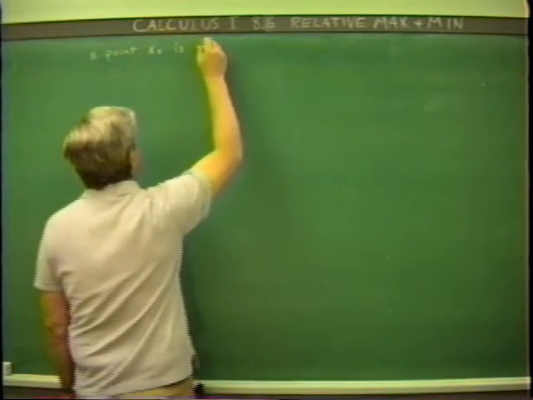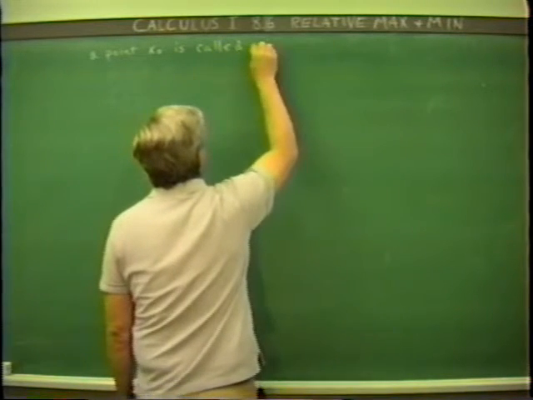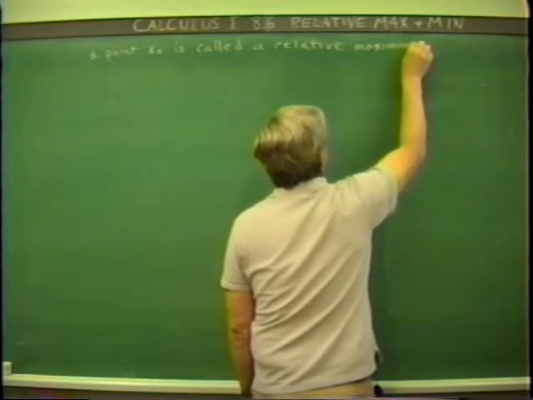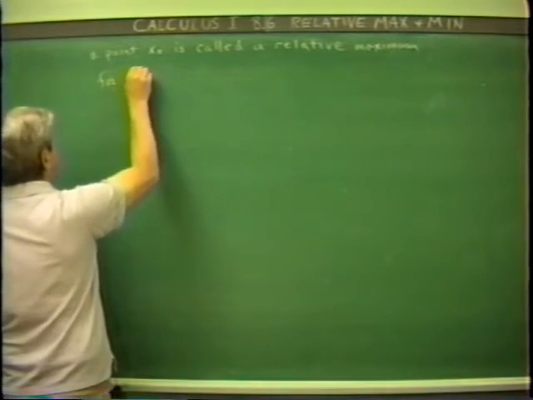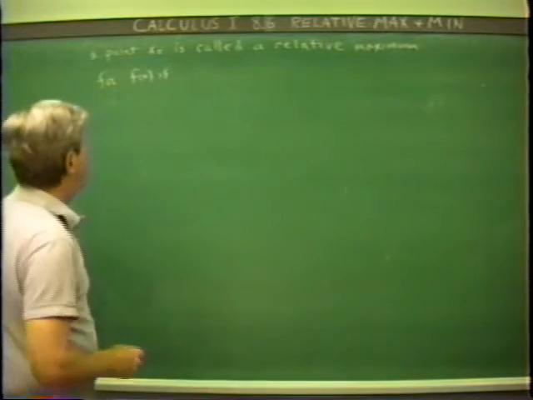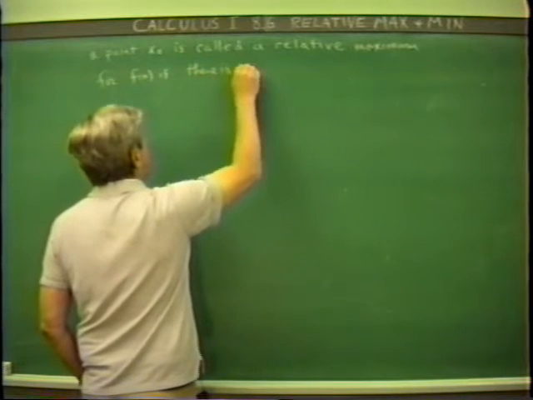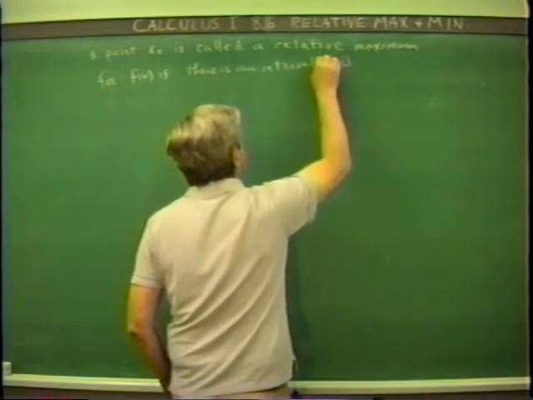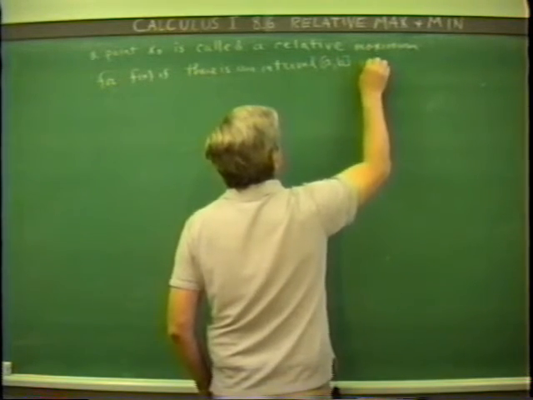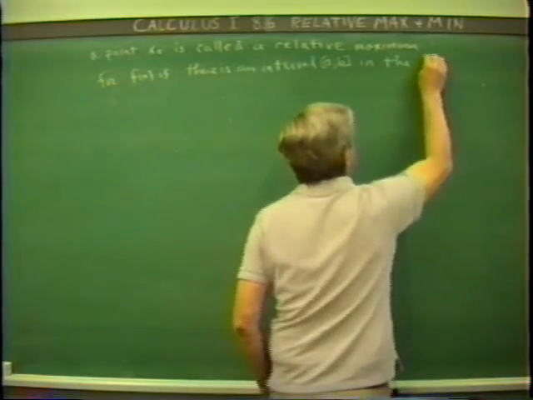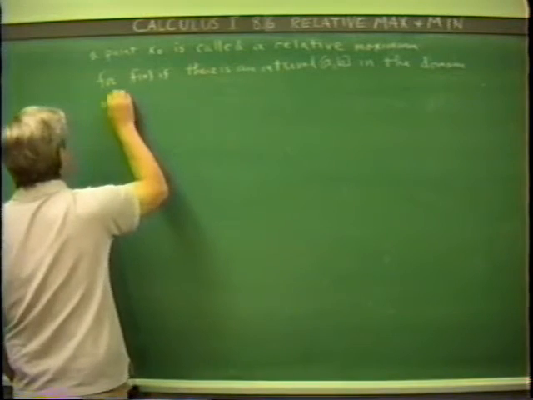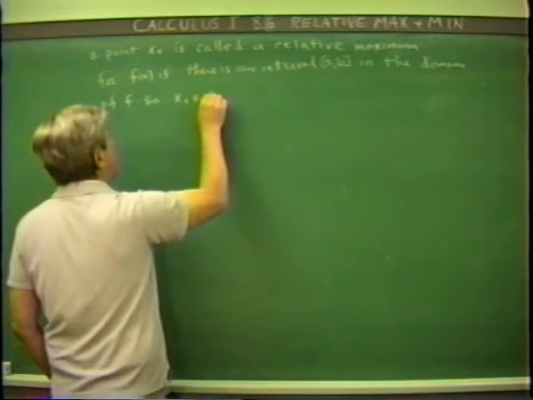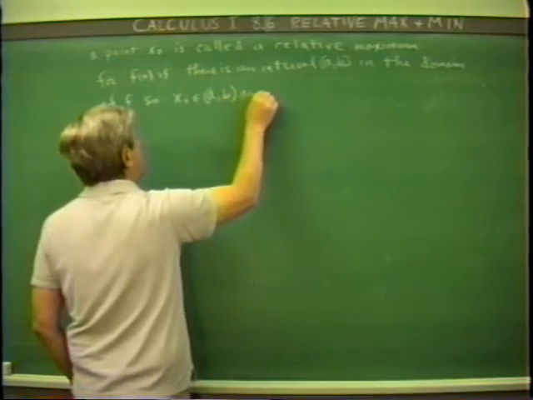A point x naught is called a relative maximum for function f if there is an interval a b on which f is defined, let's say in the domain of f, so that x naught is in AB, the open interval, and